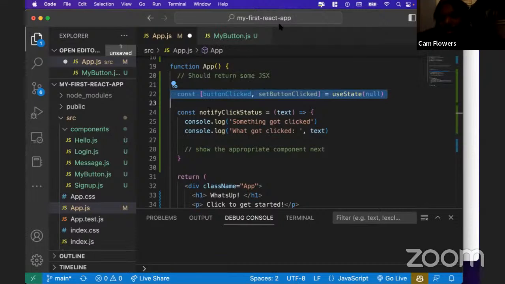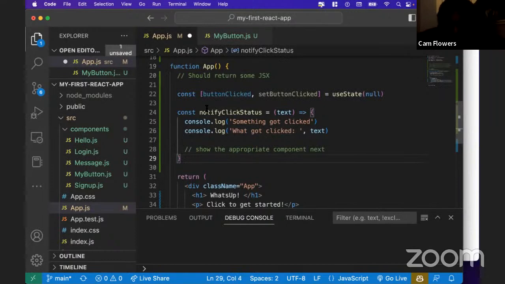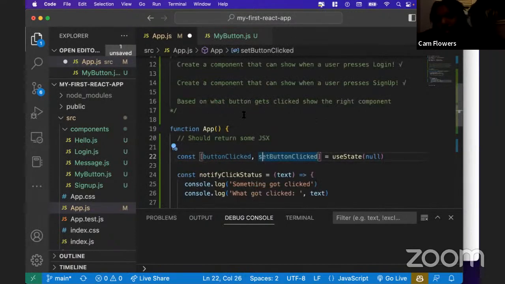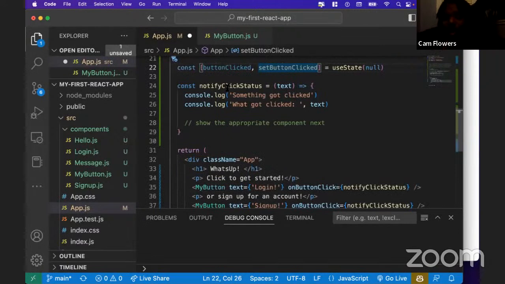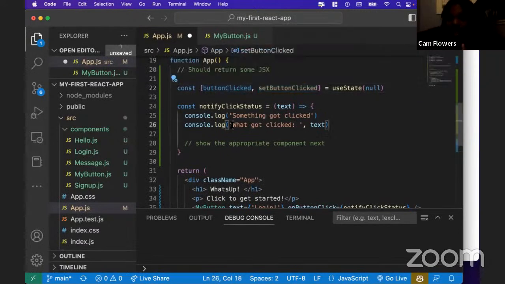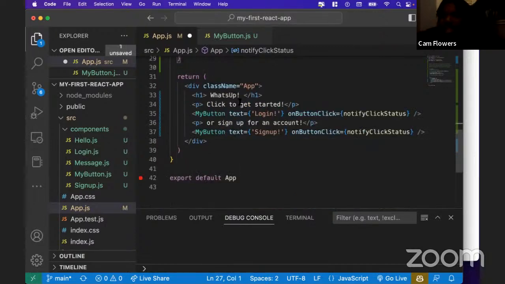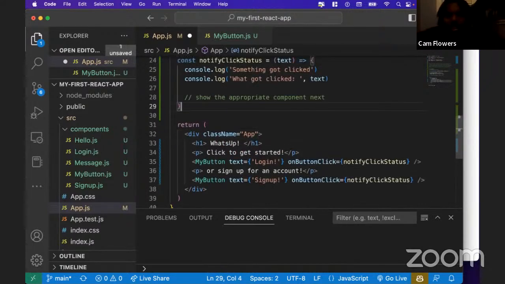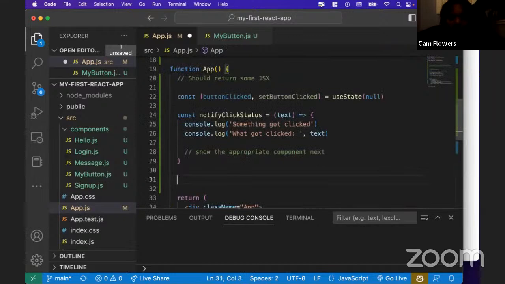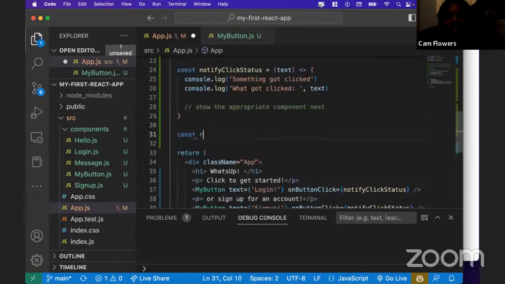But more than just what's going on with the syntax, let's actually use it. I think in seeing it being used, it will make a little bit more sense. Just like we talked about, we want the ability to know what buttons got clicked. We already got that with our notify status situation here. The only thing we want to do now is allow our application to basically change itself based on what button's been clicked. So what would be cool is if I could have a function or something like